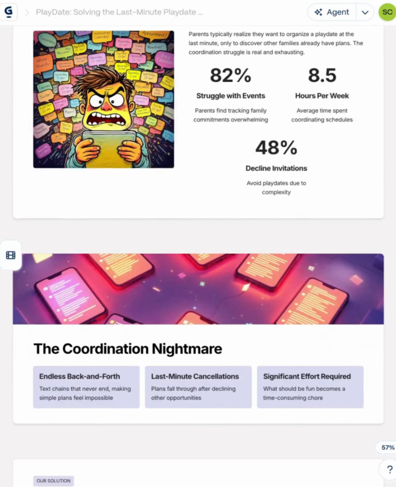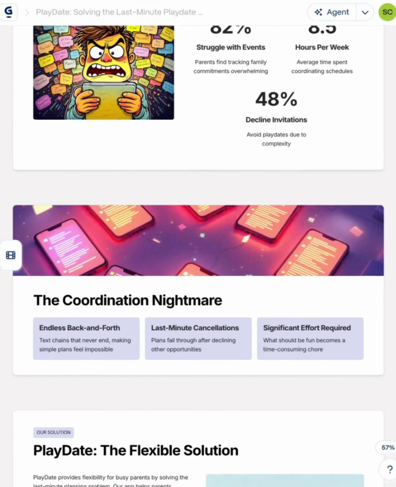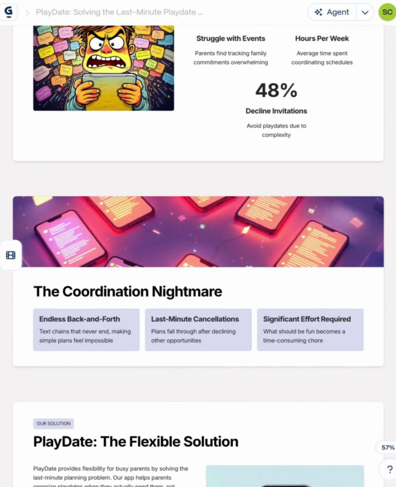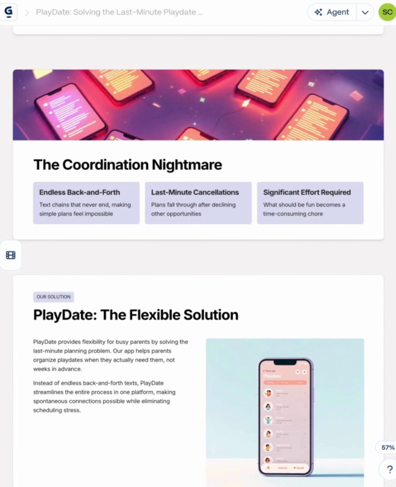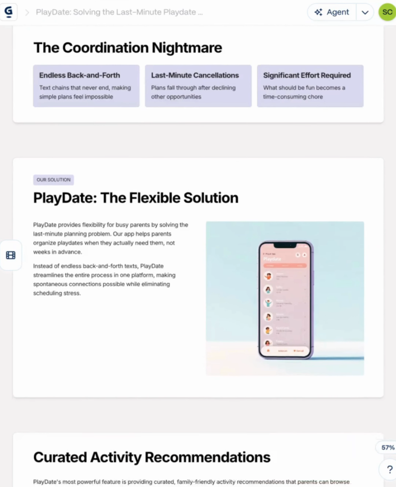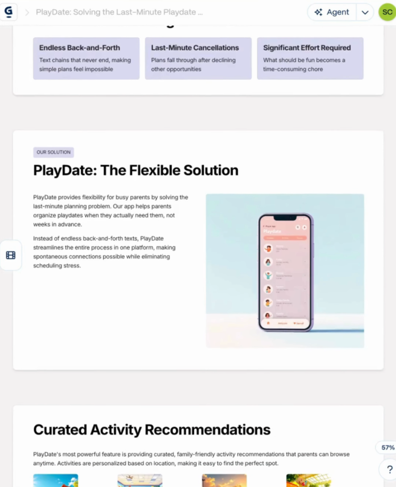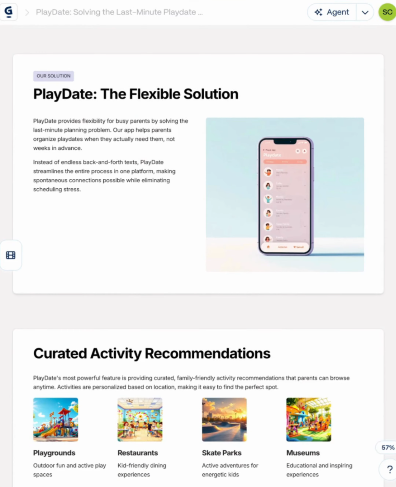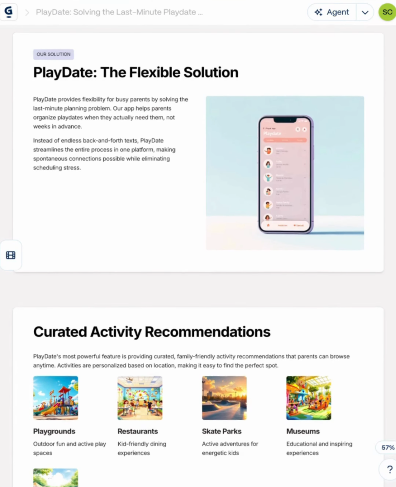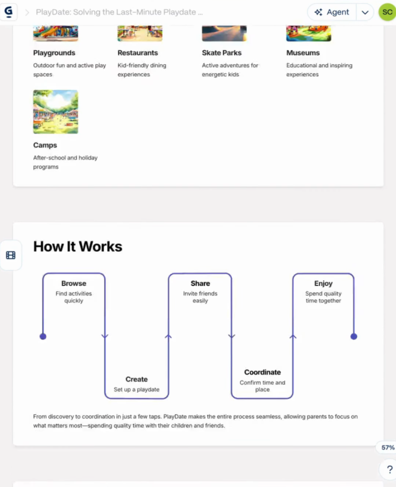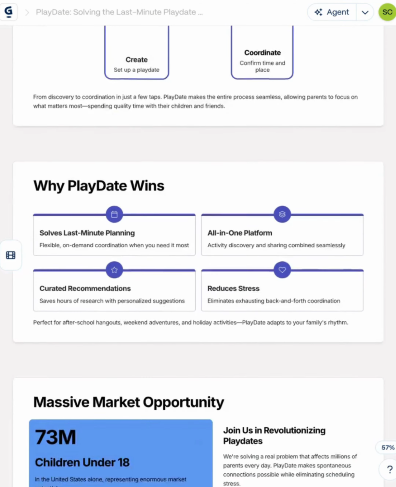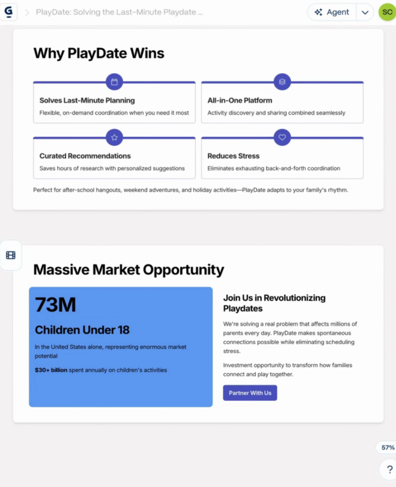Then I frame the problem from a parent's perspective. Coordinating playdates takes a lot of effort, and planning can turn into a bunch of back and forth. My solution is a flexible planning experience. Parents can choose from curated activity recommendations, and the deck walks through how the flow works at a high level. This version is definitely closer, but it's still not fully there, so next I'm going to move into a third